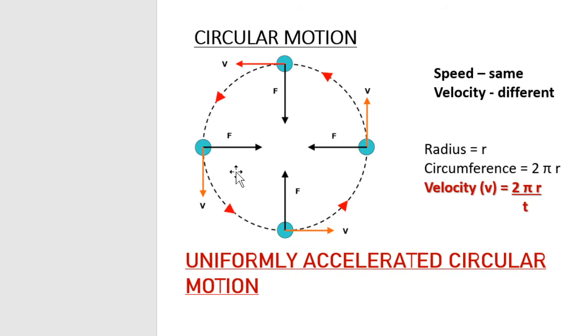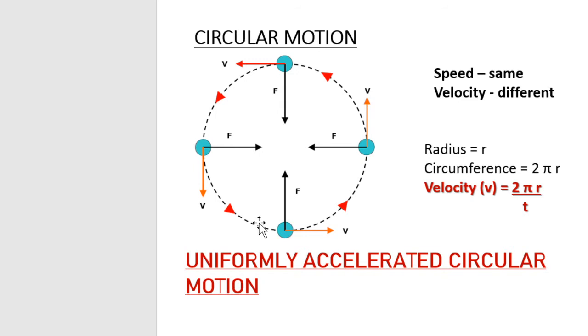If the direction is changing every second, what is changing? If the direction is changing, the velocity is changing, right? So in a circle, it is the velocity which keeps changing every second, and whenever there is a change in the velocity, we say that there is some acceleration which is involved. So that's why we say any body which is traveling in a circular motion actually has some kind of acceleration, uniform acceleration. Why uniform acceleration?